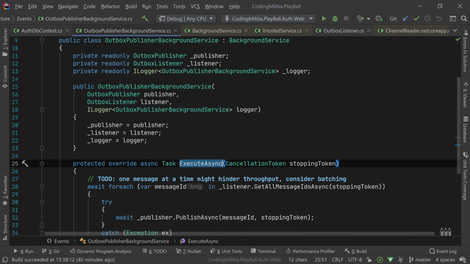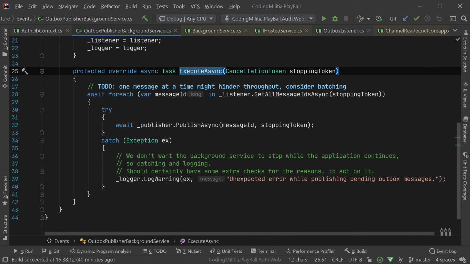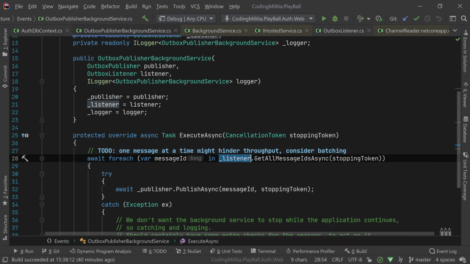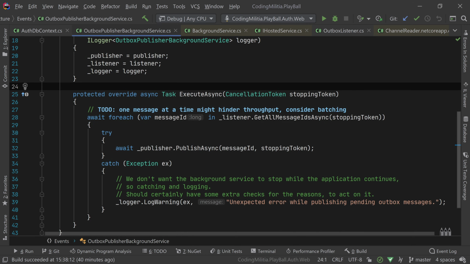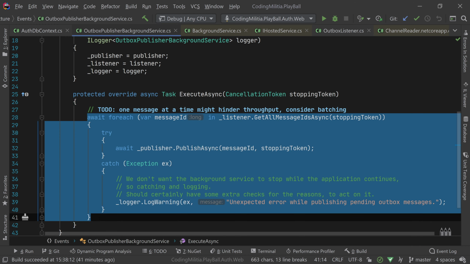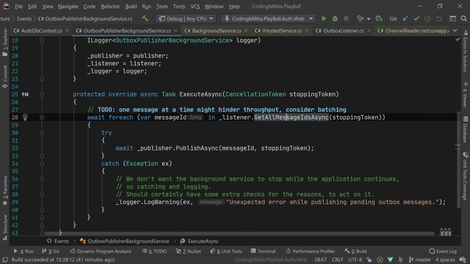And on ExecuteAsync, all we do is await foreach, like I mentioned before, on the listener with that method GetAllMessageIdsAsync. So this is basically a loop forever until nothing else gets pushed on the channel,